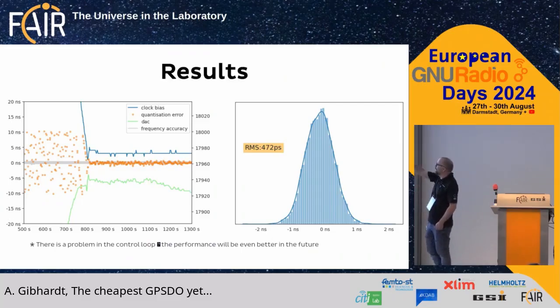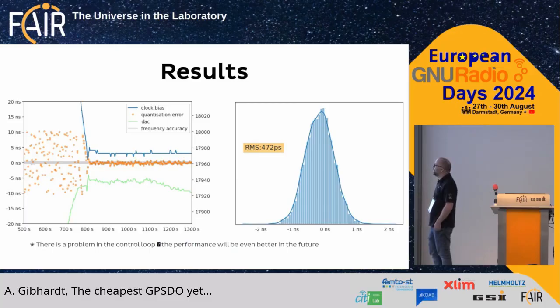The blue chart, you can see the clock bias, the offset in nanoseconds per second, and when I try to null it, I have a really nice 10 megahertz clock. The nice thing is,